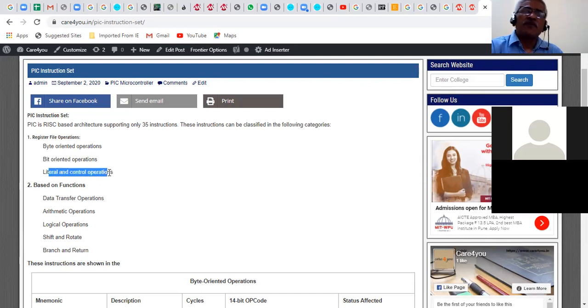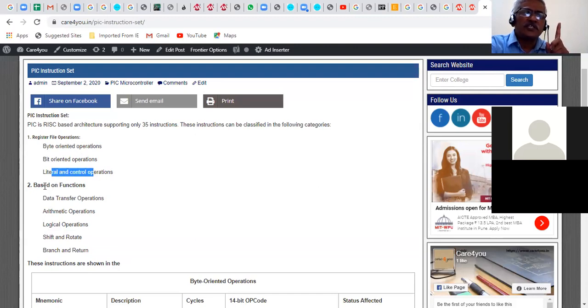You can perform the operation on the literals. Literals are nothing but the constants. I can directly write add 5 and 6, where 5 is a literal, instead of saying a is equal to 5, which means a is a variable. I don't want to deal with variables, I directly wish to deal with the literals. So one classification is based on the register file. You can perform on the bytes, on the bits, on the literals or constants. This is one classification.